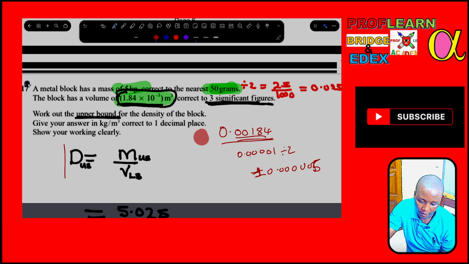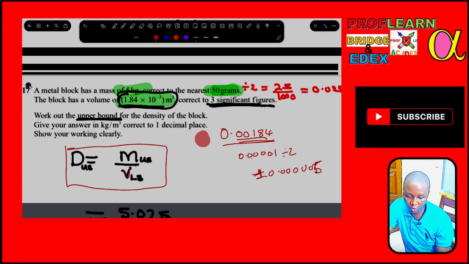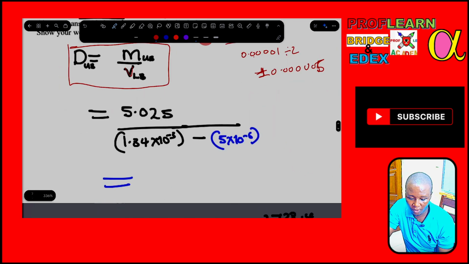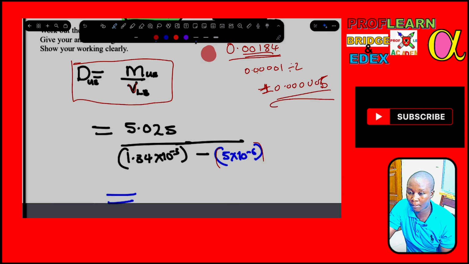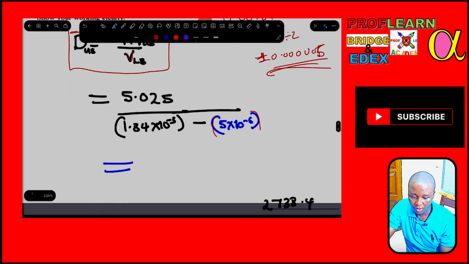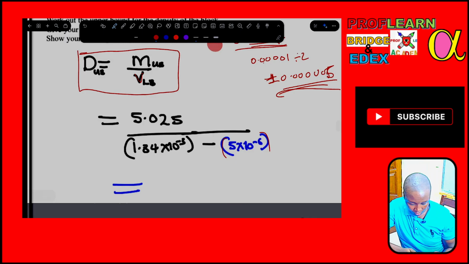Now for you to get density upper bound, it will be mass upper bound divided by volume lower bound. And volume, now we are going to say it will be 5.025, and then we shall subtract this value to get the lower bound. And if you work it out, you are going to get your answer being equivalent to what? So let's check using our calc what that is going to translate to. That is 5.025